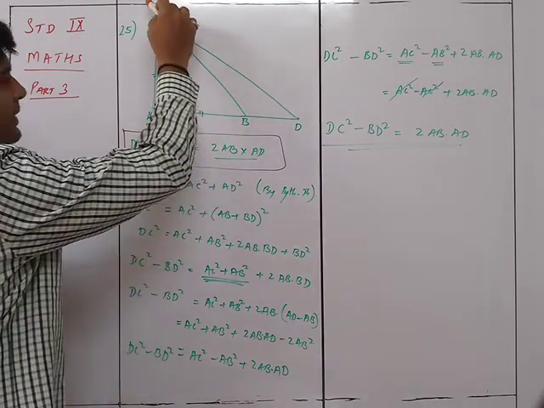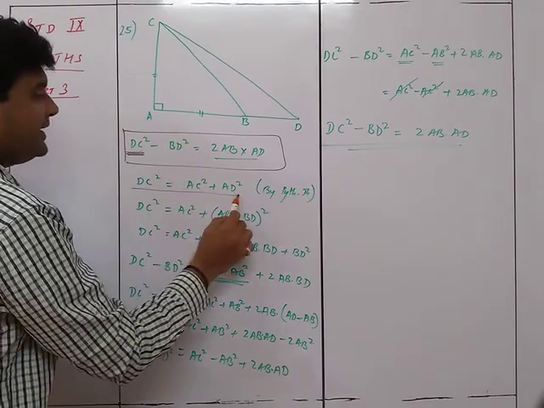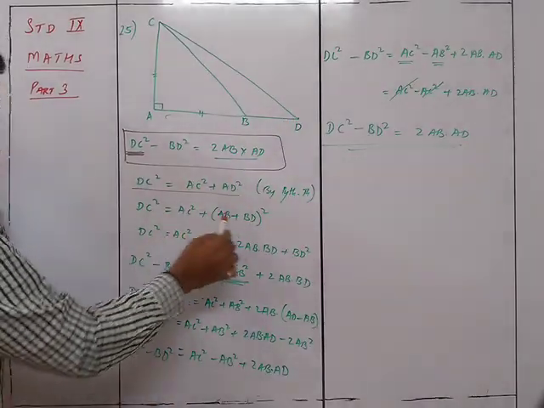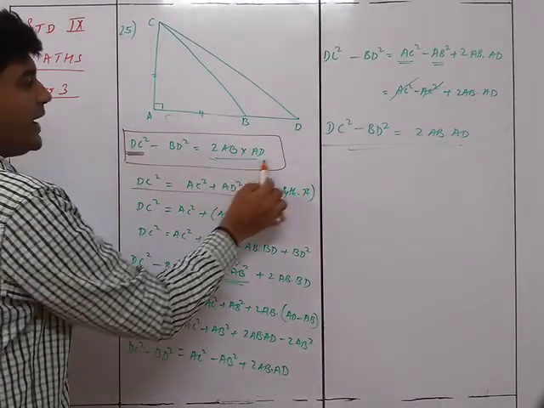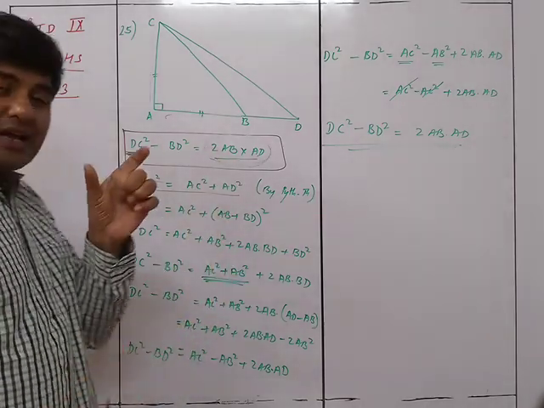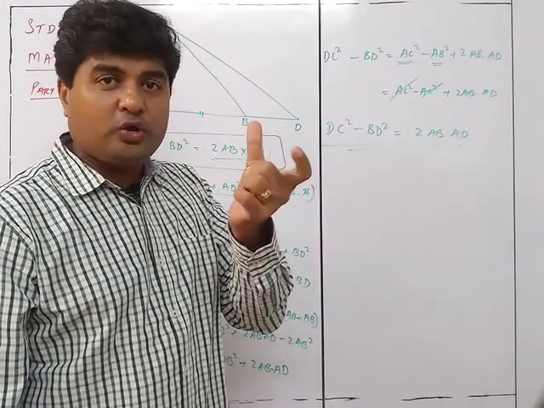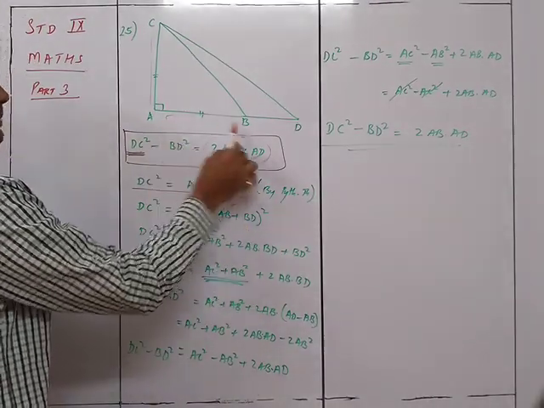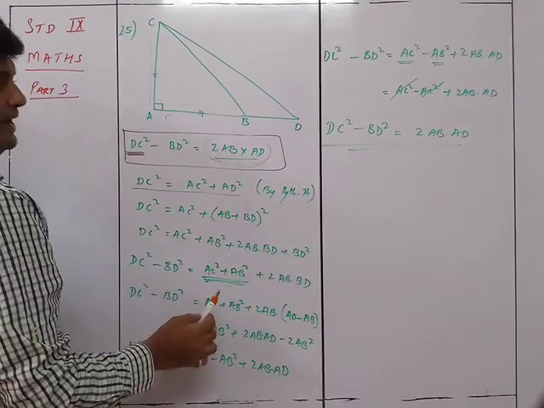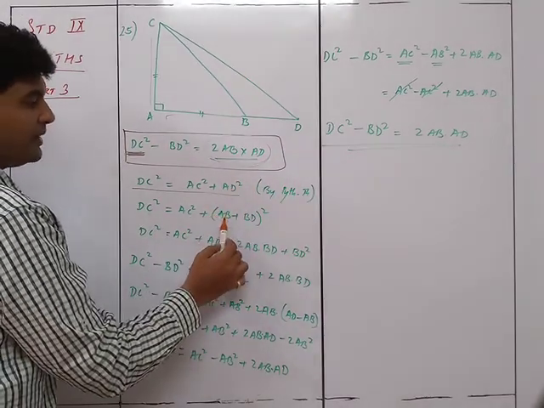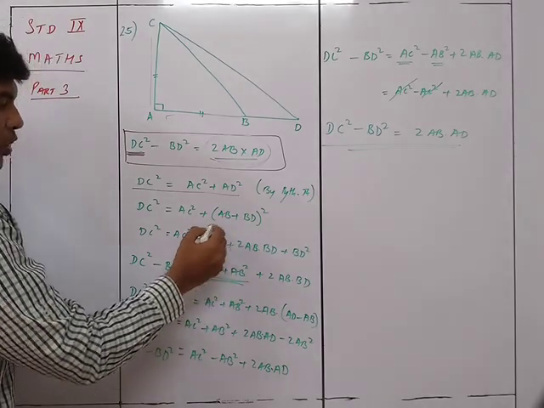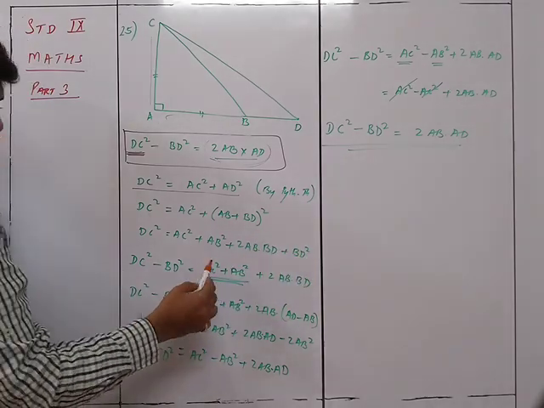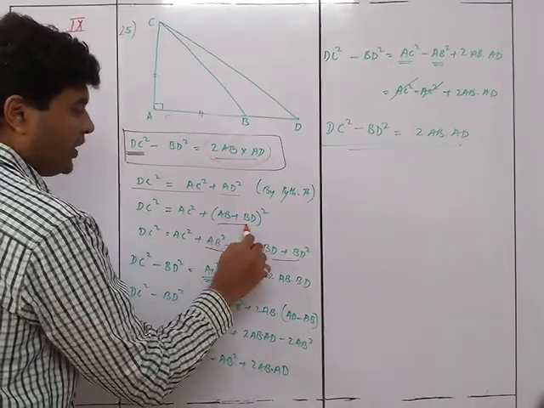इसको लिया तो what is happening? This is the hypotenuse. Accordingly, we get this, by Pythagoras theorem, that this square plus this square is this BC square. Now I know that ये 2AB AD देख के क्या सोचना है? कहीं ना कहीं पे we will be having A plus B the whole square to give me 2AB AD. So that's why we just made this way that AB plus BD is equals to AD. Right? So AD square के बदले बदला AB plus BD. So that on opening the bracket it becomes A square plus 2AB plus B square. Okay, this is the expansion of this.